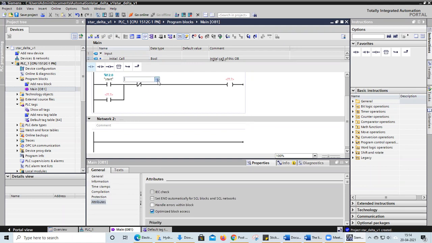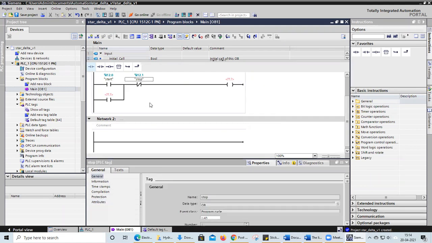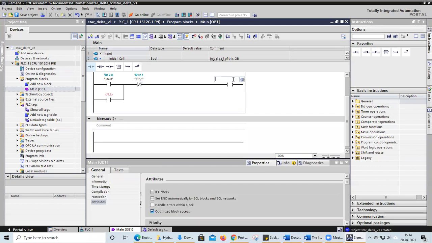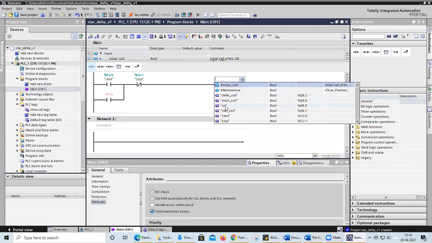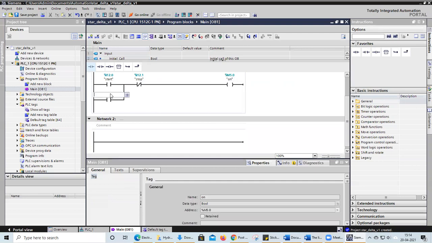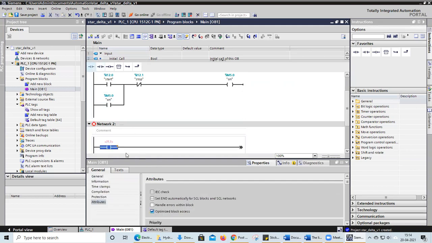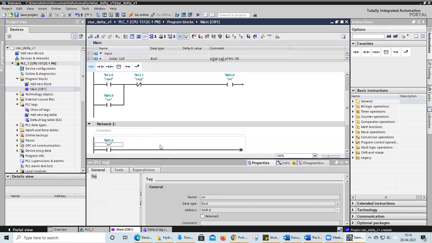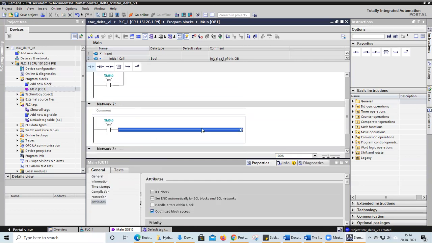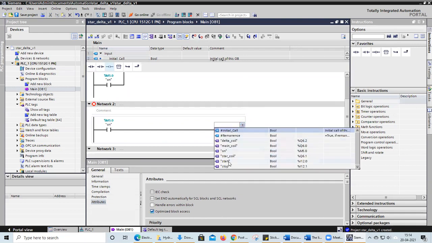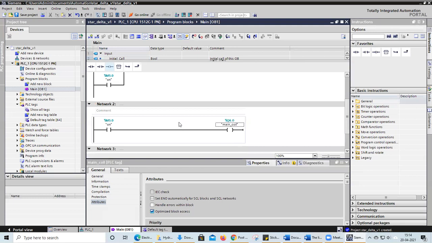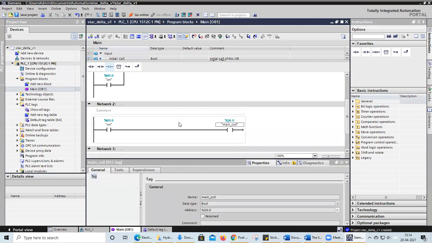Now this is our stop button to halt the operation. And this is latch operation. We were using memory option on. And this is also on, as we already know how to work with the latch. Now this one is on option. And this is our output coil, that is main coil. When the circuit is on, our main coil will be in the on position itself.